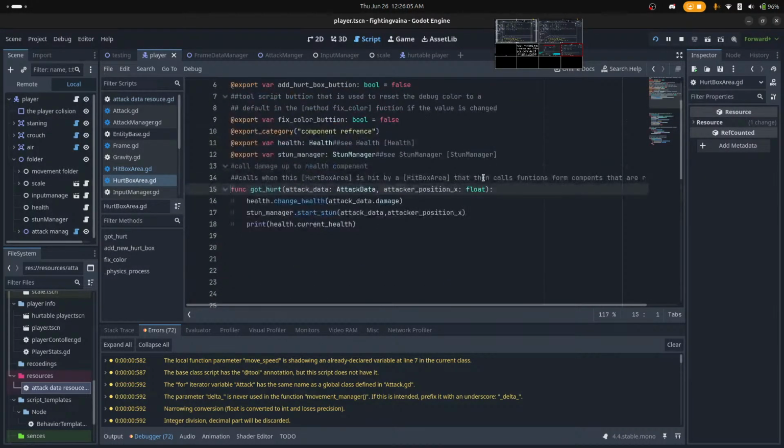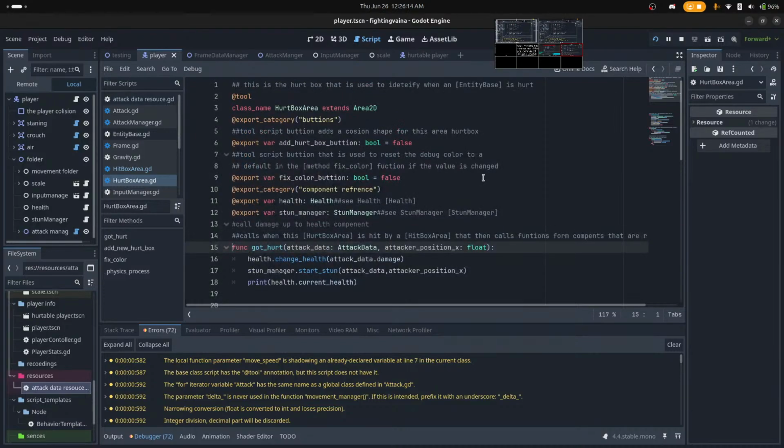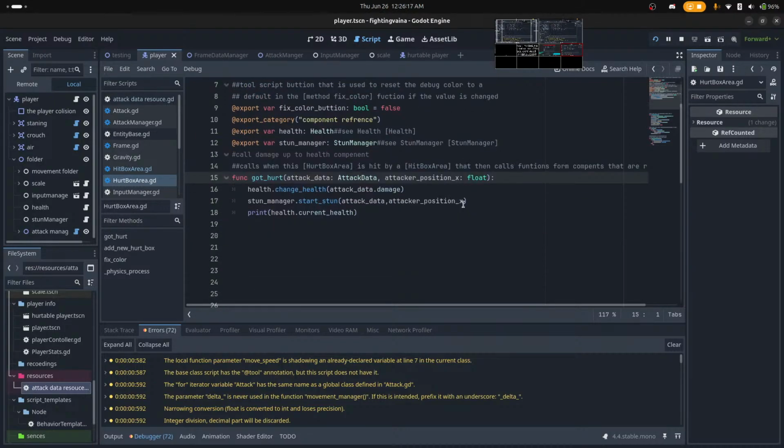Area.got hurt. What determines if it's blocked or not?